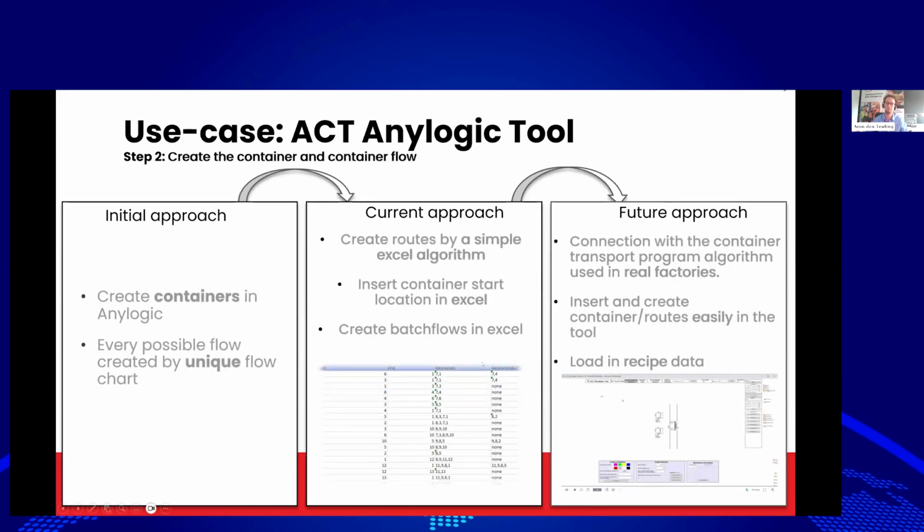Then when you have the floor plan, the most difficult part comes in, and that's really creating the container flows through your factory. There are millions of routes possible, etc. In the old approach, we created the containers manually in AnyLogic, and for every possible flow, we created a unique flow chart. We saw that this takes very much time